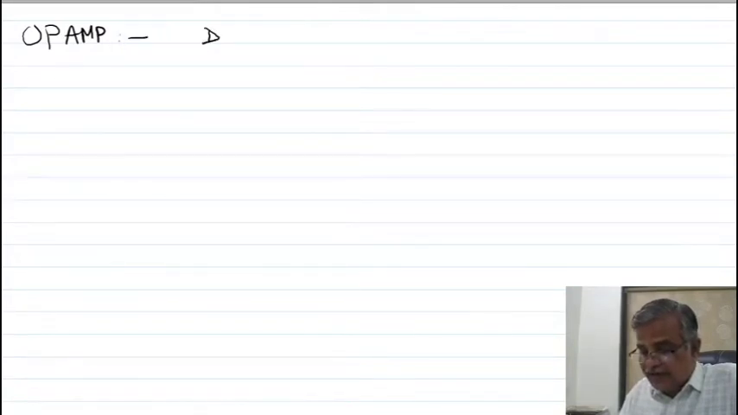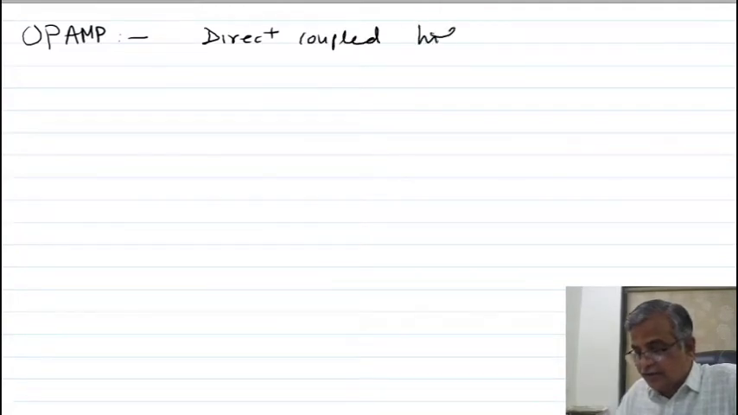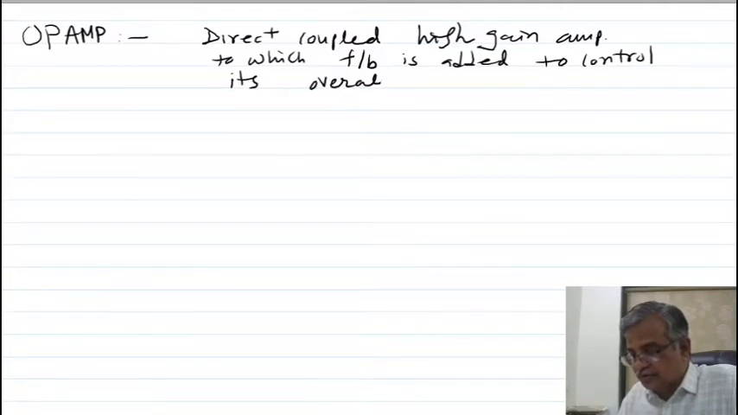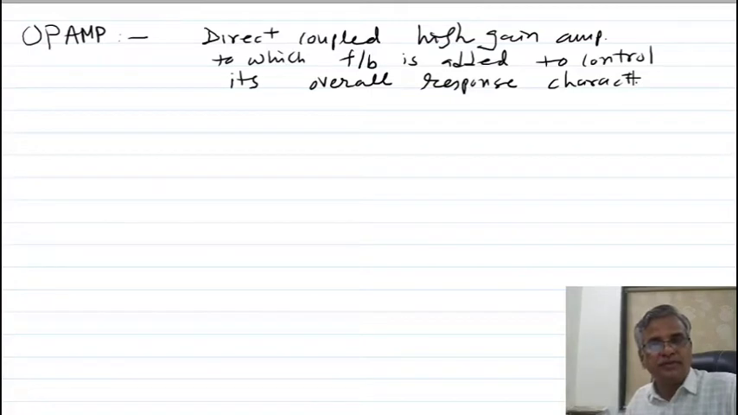Op-amp is a direct couple high gain amplifier to which feedback is added to control its overall response characteristics. What is op-amp? Op-amp is a direct couple high gain amplifier to which feedback is added to control its